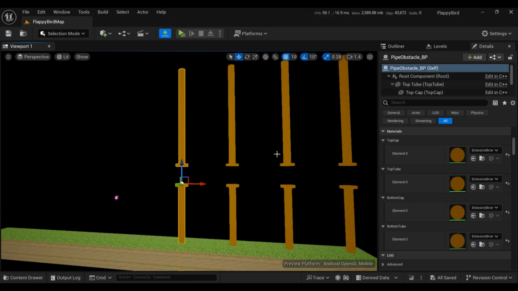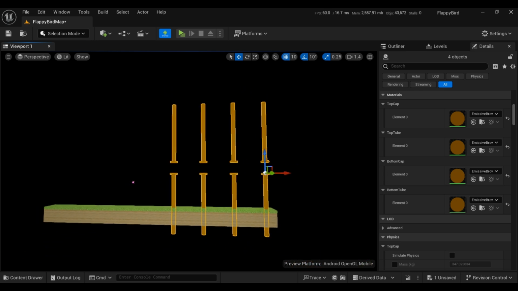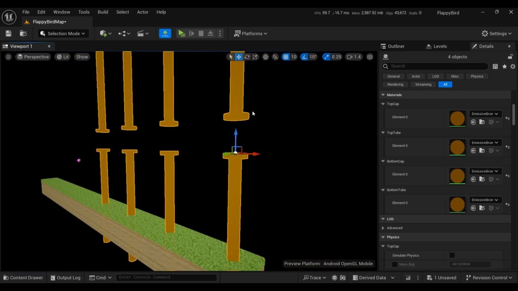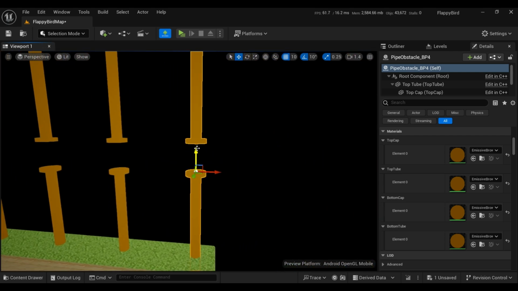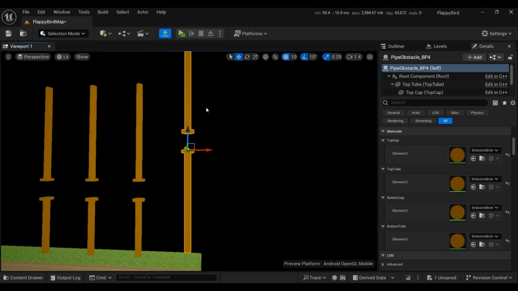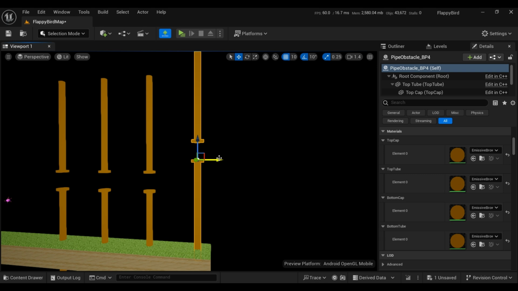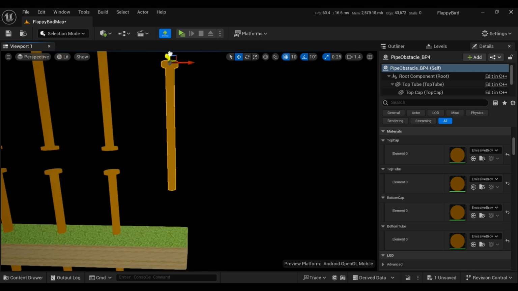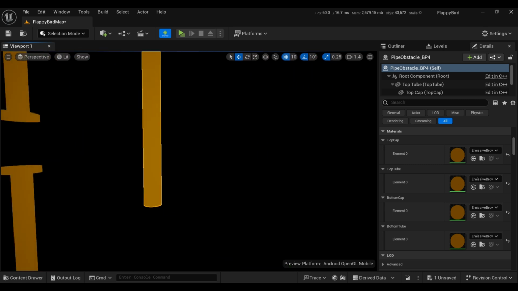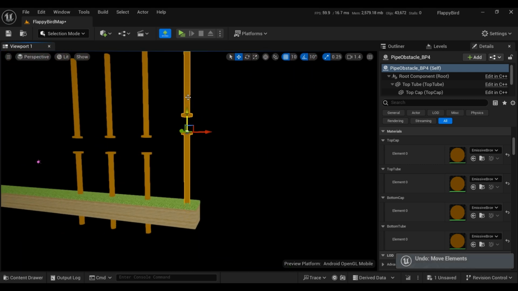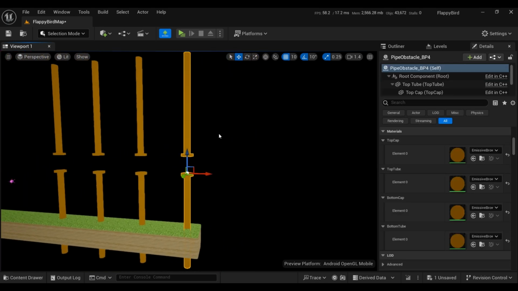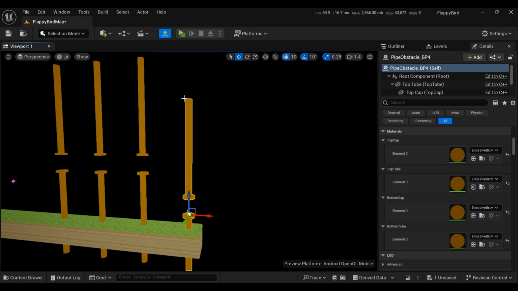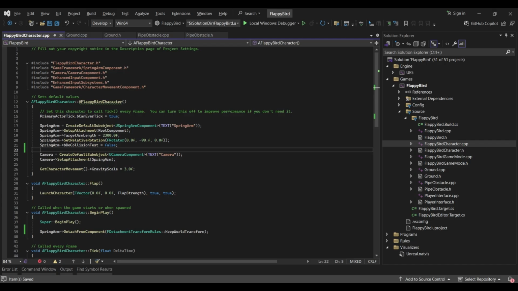So maybe you are wondering why we scaled them this big. The reason is we want it to be so big so that we can change its Z location without the player seeing the edge here. So we need to give it a high value of Z, of vertical scaling, and change its position without this edge coming to the player's screen. Okay, that's the reason. So let's go to C++